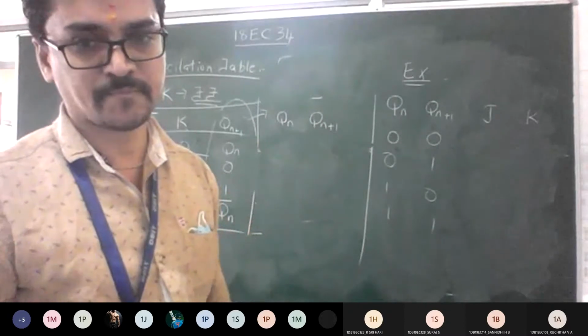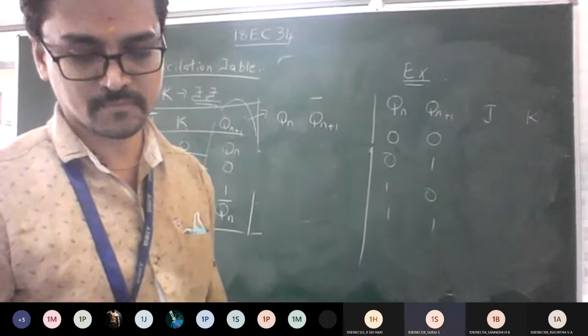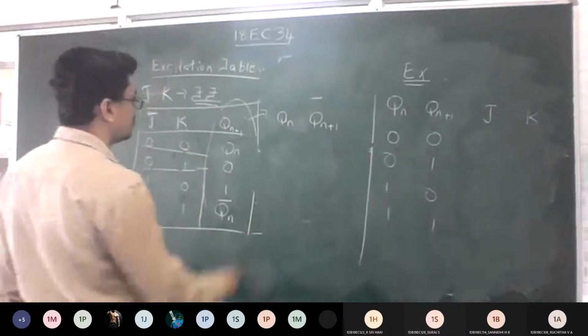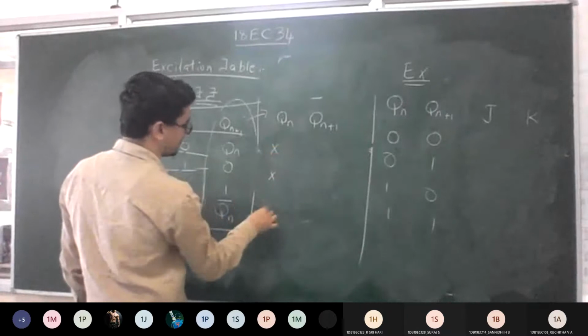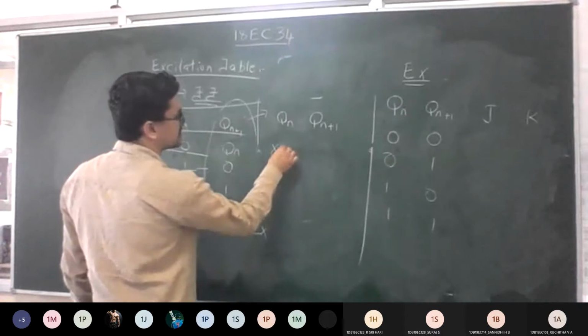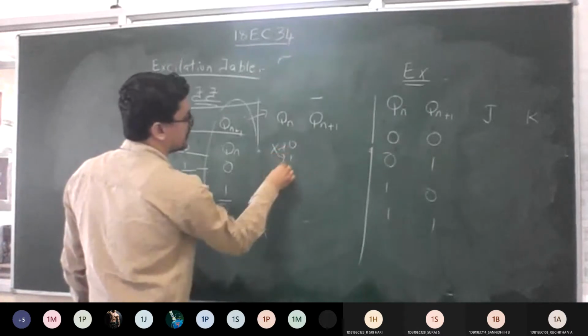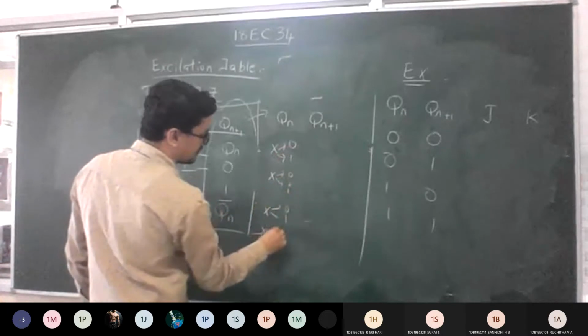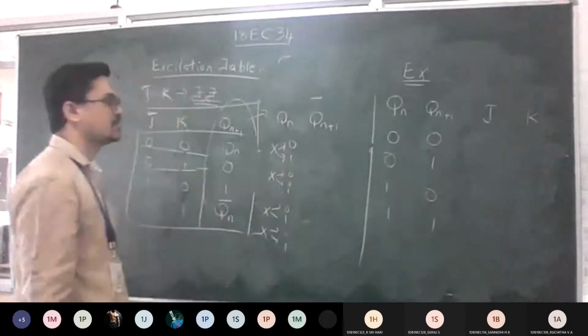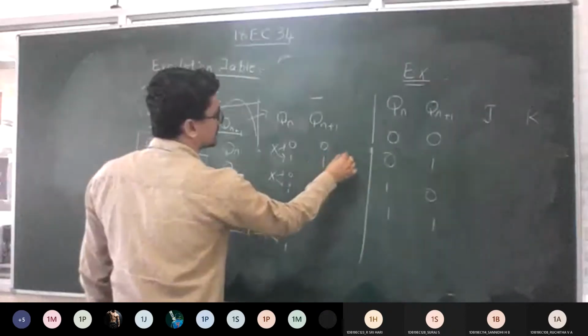Shall we proceed here? Yes, sir. Okay. So now look at this. I told you this condition already. You can designate it with XX. So it means two combinations: 0 1, again 0 1, again 0 1, again 0 1. Now what will happen for this? This remains the same, 0 1 only. That is the meaning of Qn.